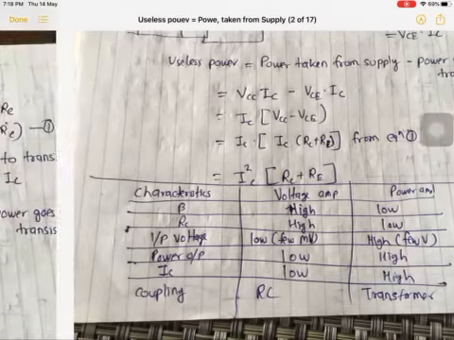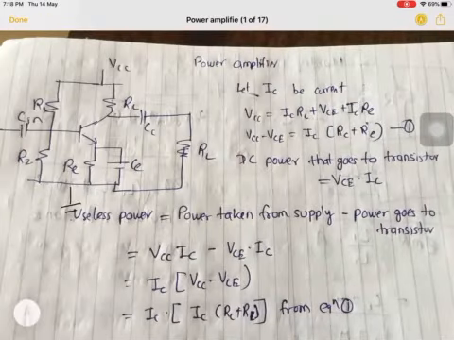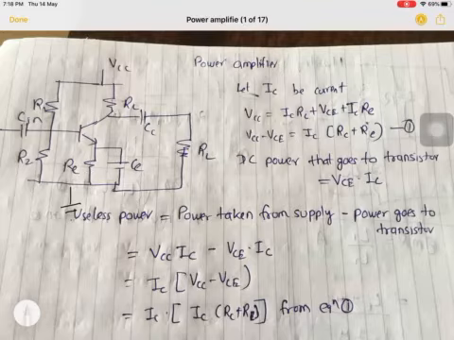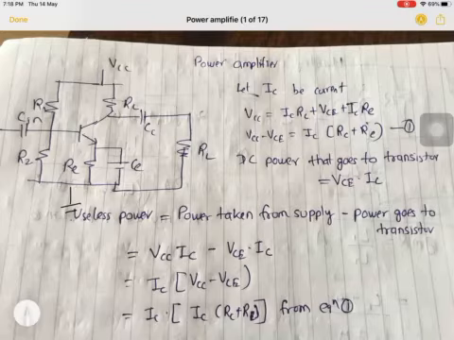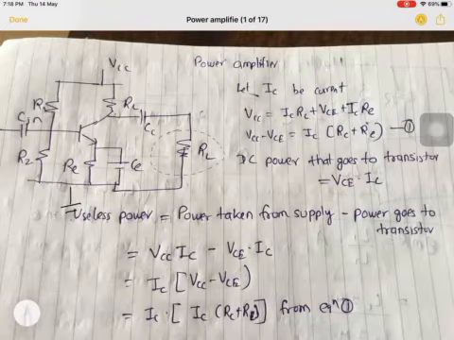Now go back to the circuit. We are putting RE equal to 0. I can't do that. If I put RE equal to 0, it simply means there is no biasing circuit, so it will destabilize the biasing of the circuit. The second thing is, let us reduce RC. If I reduce RC, in general RC comes parallel with RL when we calculate the gain, when we go for the AC analysis.